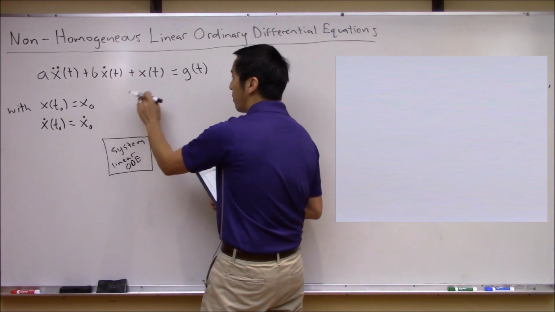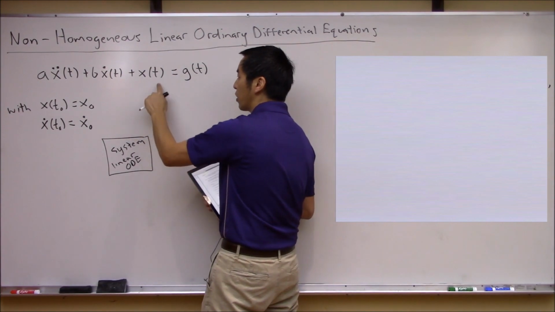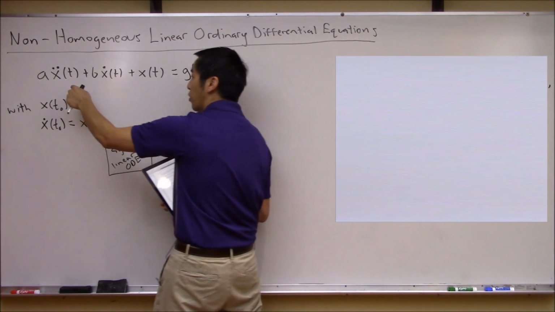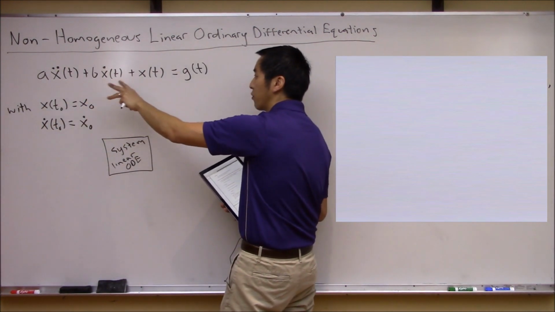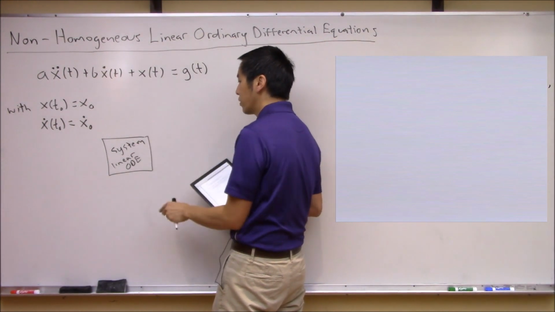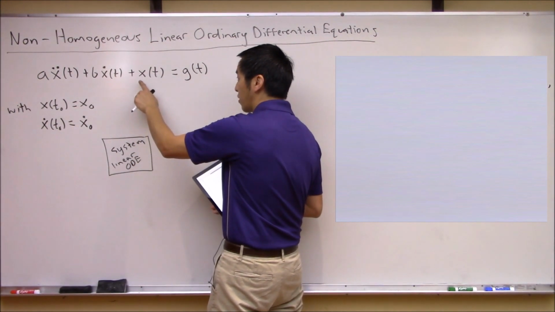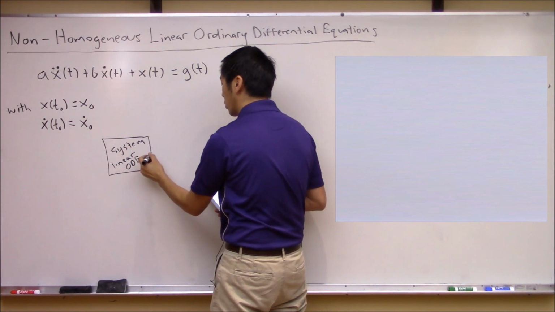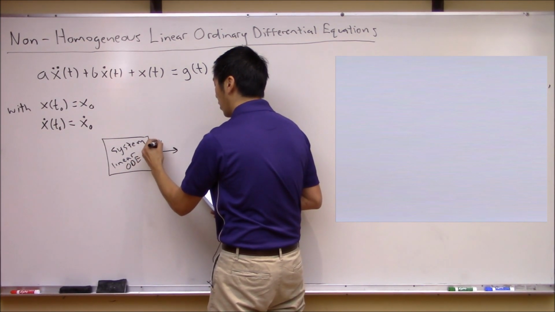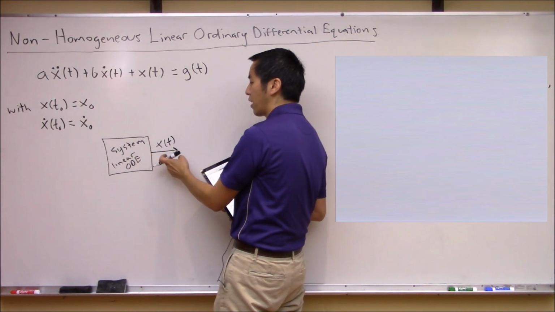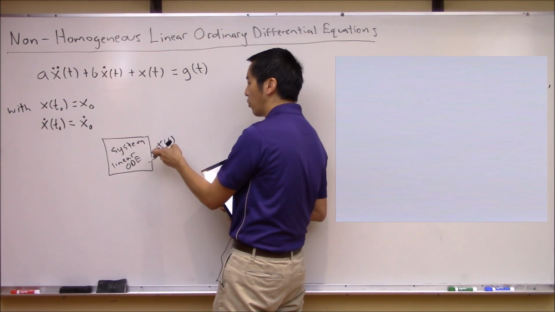And again, keep in mind, we're going to use this second order linear ordinary differential equation as an example, but this could be third order, fourth order, fifth order, whatever, it doesn't really matter. This whole idea extends to higher dimensions and higher orders. But again, what we're saying is that there's some system that behaves according to this differential equation. So this thing has some solution x of t. This says, how does the system behave? Again, what is the position of the block or the pendulum or whatever system you happen to be modeling